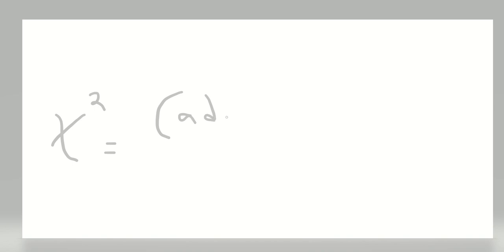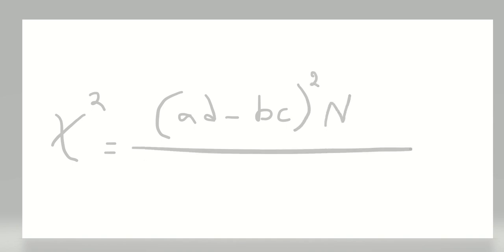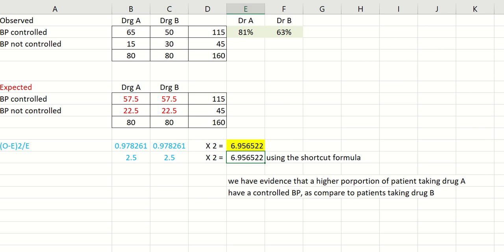It's AD, and you work with the observed value, AD minus BC. You square that difference, you multiply by the total sample, and then you divide by the total of row 1 times the total of row 2 times the total of column 1 times the total of column 2. Okay, so if we go back to our data right here, you take 65 times 30 minus 50 times